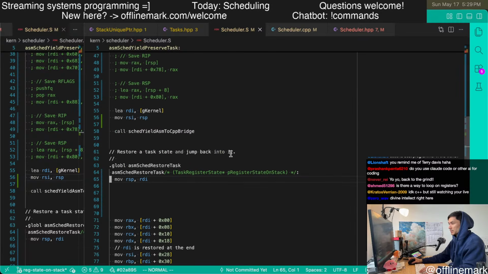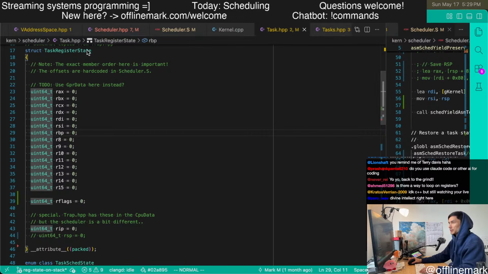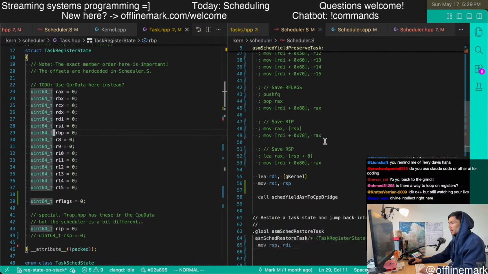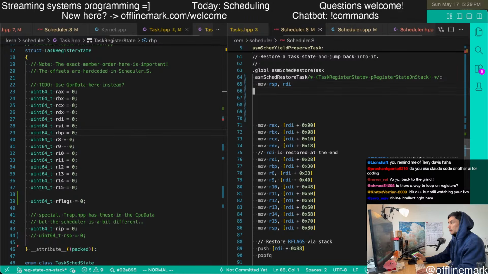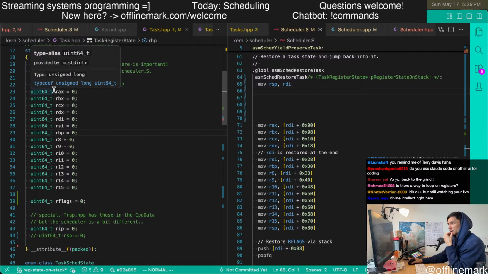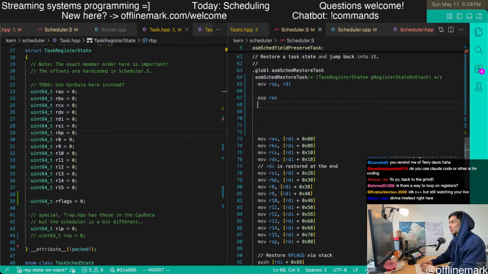And we're basically going to do the opposite of what we did in the assembly up here, but I'm going to write it by just looking at the struct definition. So we need to start popping. We need to be popping from here all the way down. And so it's going to be pop RAX.